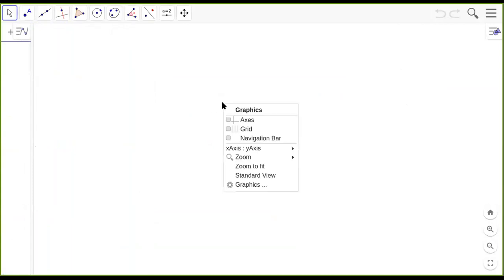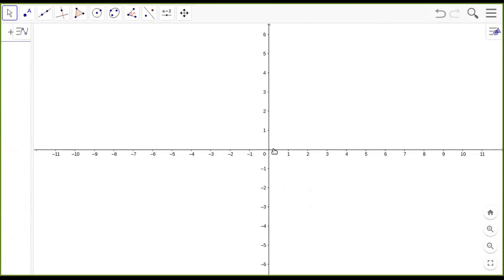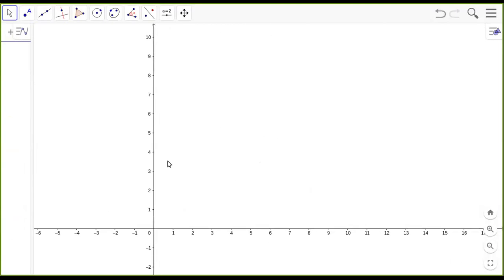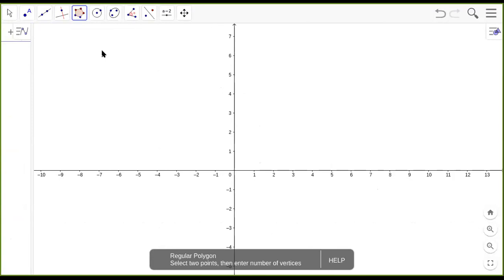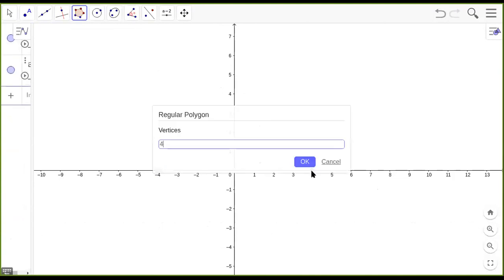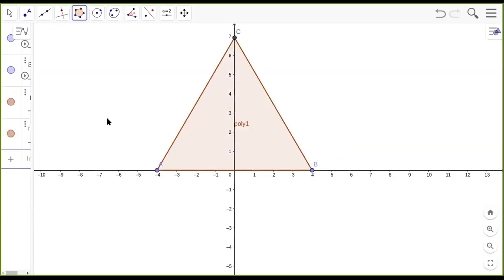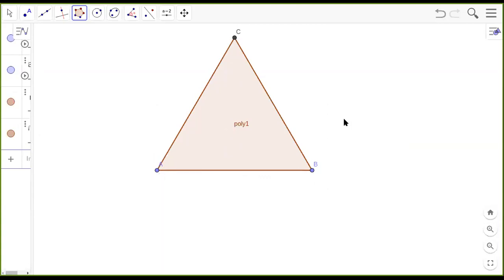Okay, I want an equilateral triangle, so it's very simple. I'll take it here only, so it's easy. Take a polygon. I'll take a regular polygon with 3 sides. Okay, the equilateral triangle is drawn for me because I am using the app. It's faster. Okay, maybe I name it as ABC only.